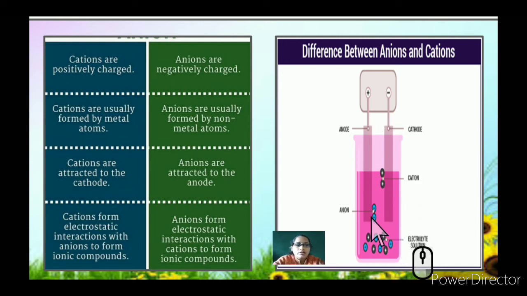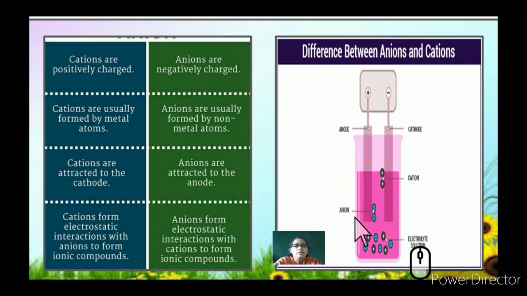Once the electrical charges are applied to the anode and the cathode, you can see that the anode will attract minus charges or negative charges, that is anions, and what is dissociated here, the positive charge, will get attracted, or a cathode attracts the cations or the positive charges. Hence it will form the respective ionic compound. Like we have added NaCl, sodium chloride, this will become Na plus and Cl minus separately.